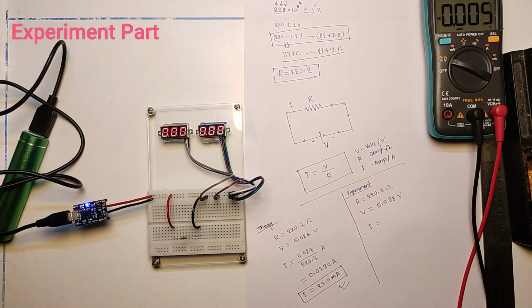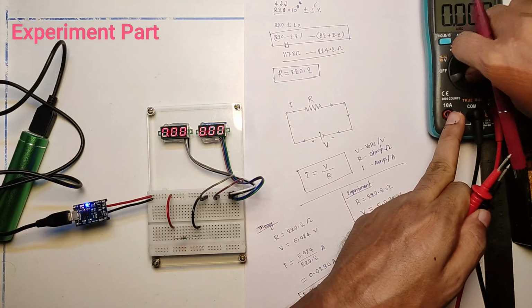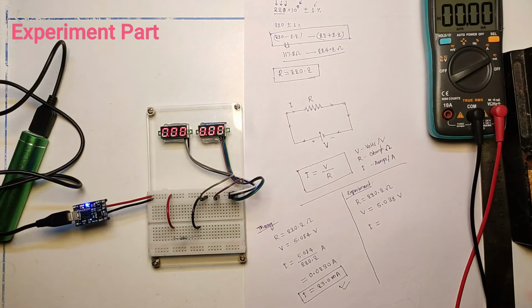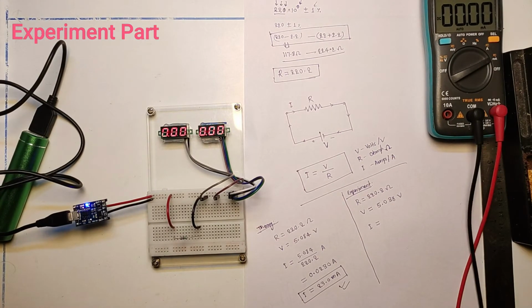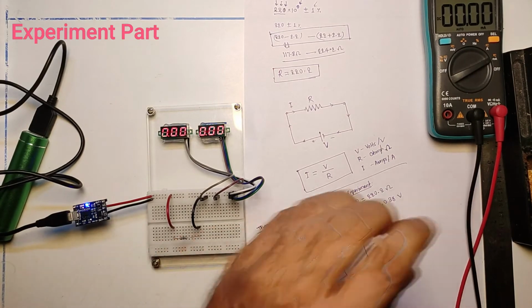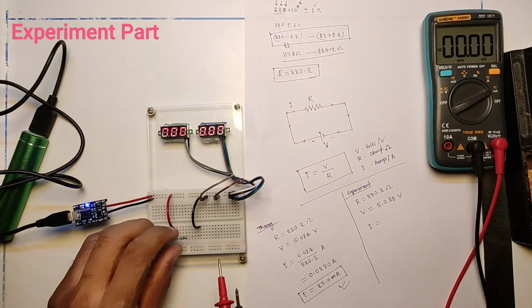How we can measure that current? For measuring that current, we have to put this voltmeter into current mode. So I put it into milliamps mode. You can see that is very clear. It's in milliamps mode. I will move this digital multimeter a little down so that you can see. Okay.